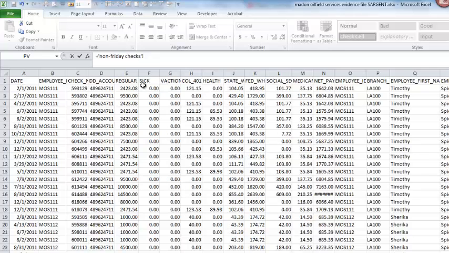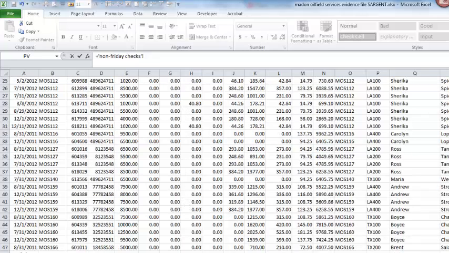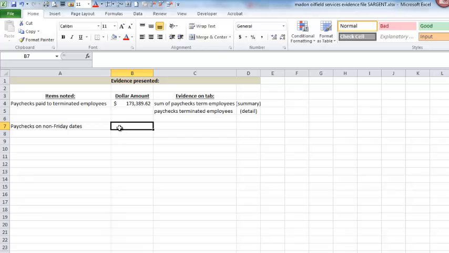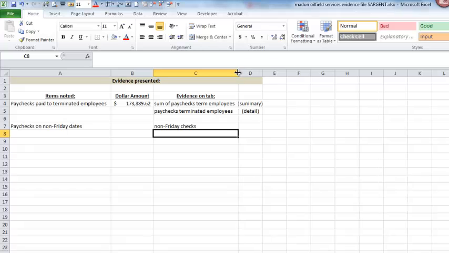So when you get the dollar amount at the bottom, you'll point to that dollar amount and put it over here in this cell, and then you'll indicate that that information can be found on that tab. And then you have